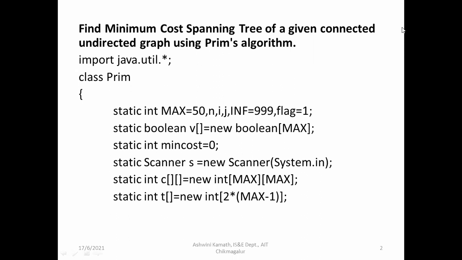After constructing the spanning tree, we have seen in the last class that the number of edges is equal to the number of vertices minus 1. If the number of vertices is equal to max, then the number of edges is equal to max minus 1. So to represent one edge, we need 2 vertices. So it is 2 into max minus 1.